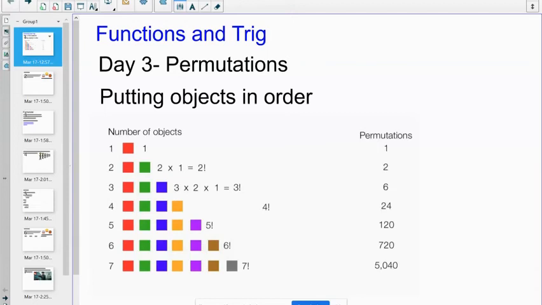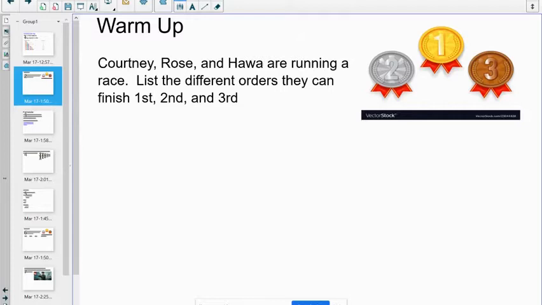We're still starting to get more into the swing of things here, because this is day 3, and it's called permutations. You might have heard the word before, and it's a way of putting objects in order. So our warm-up for the day is we have 3 people. Courtney, Rose, and Hala are running a race, and we're listing the different orders they can finish, first,